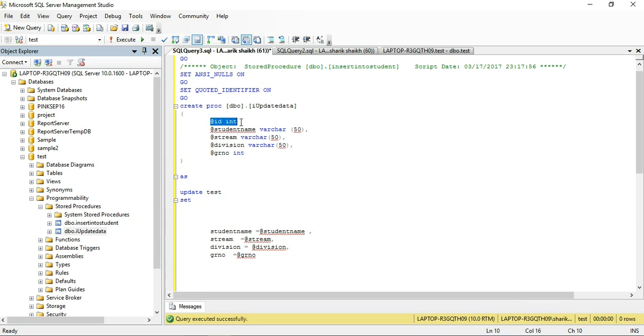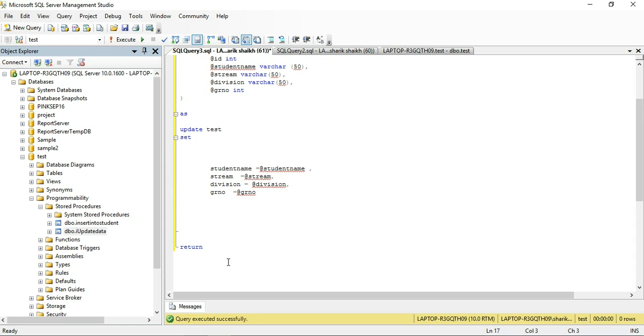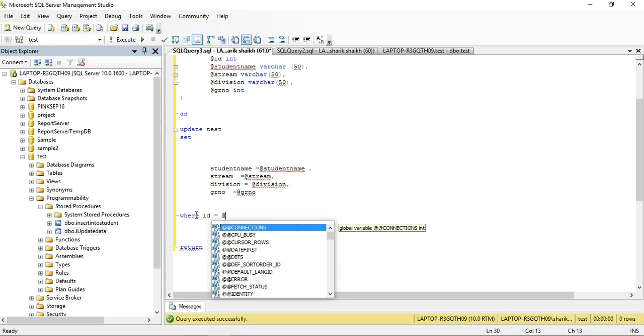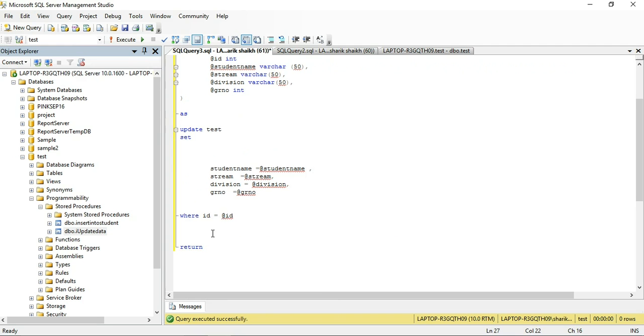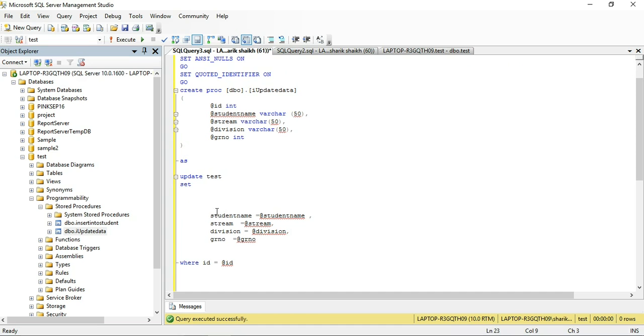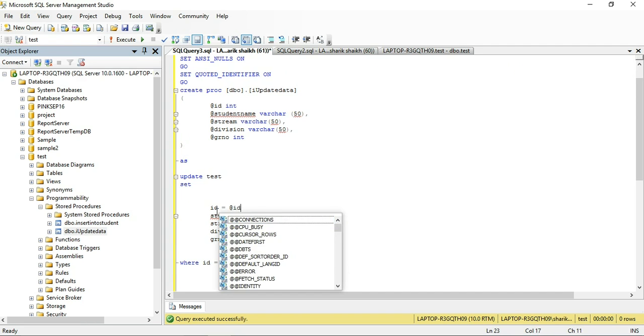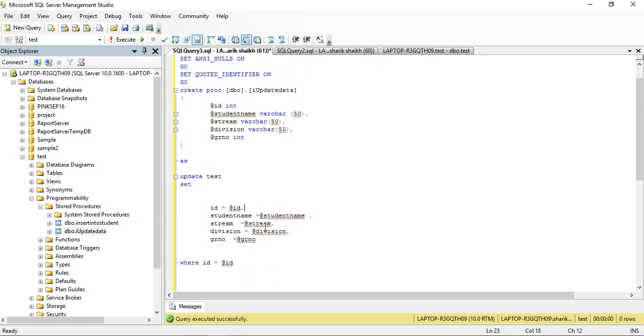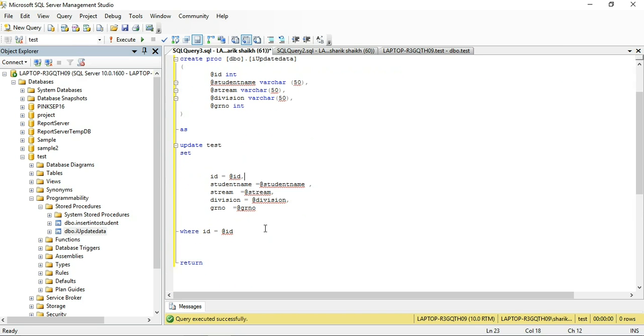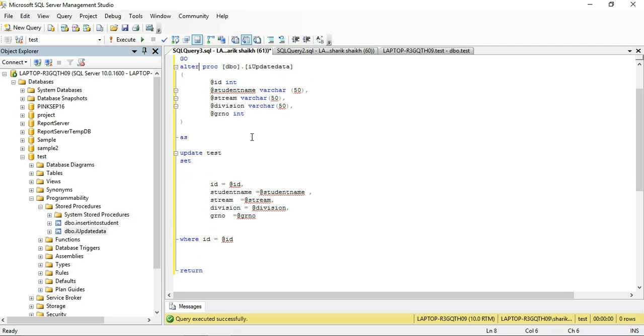I am passing the ID parameter also, and also giving a condition where ID equals @ID. Change create to alter for any changes in a stored procedure.